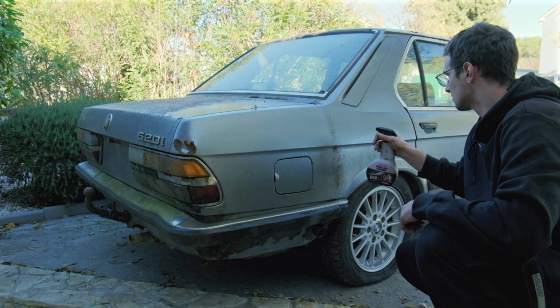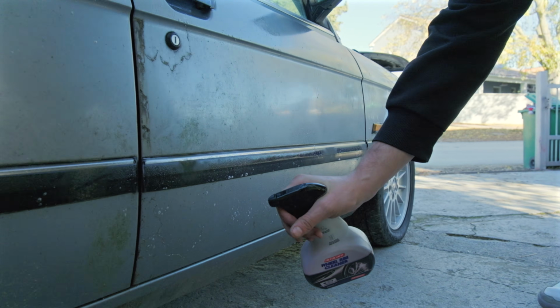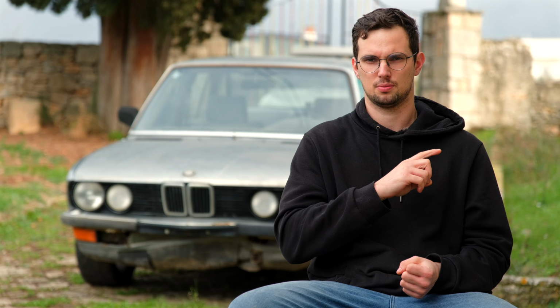When it comes to painting, I won't be painting this car because I had a bunch of nightmares with my Golf. There's a whole playlist on the channel about my Mark 1 Golf build, so if you're interested, go watch it. Anyways, when it comes to paint, I'm gonna do all the prep here and basically get it all ready